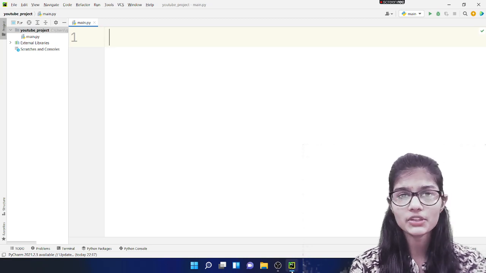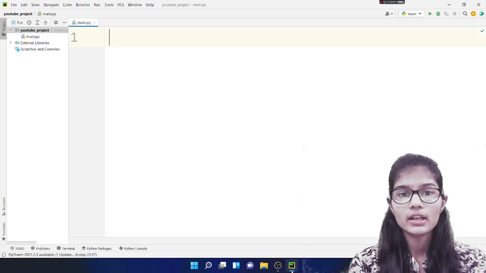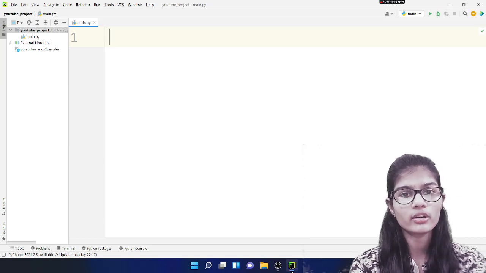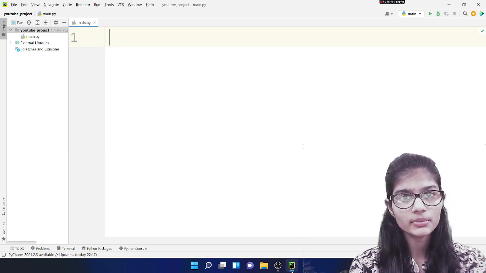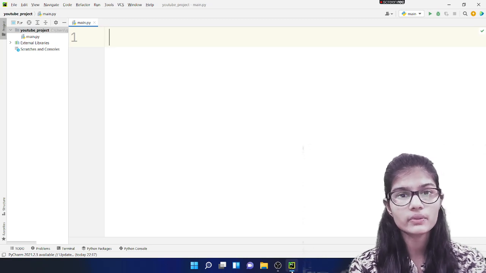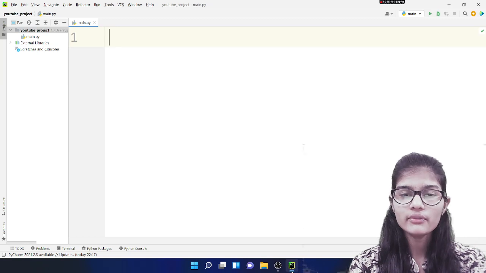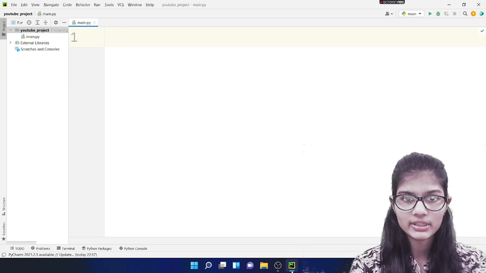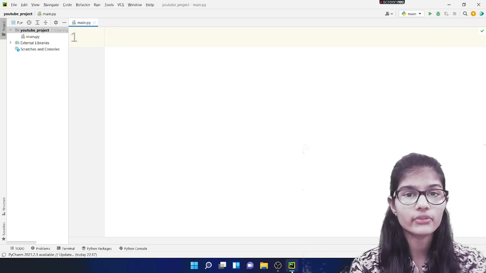So this is the complete idea regarding both of those modules we are going to use today. Before moving forward, I would just give you a quick recap of what tkinter and time are. You all must have heard about GUI applications, that is, graphical user interface applications, right? Whenever we are making a GUI application in Python, tkinter is our first priority.